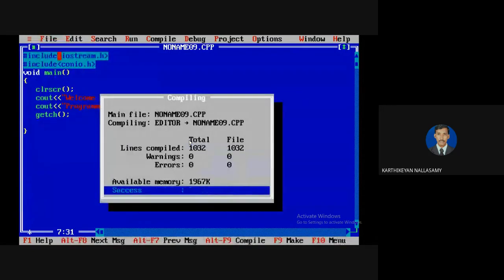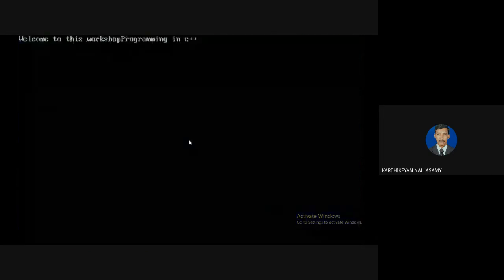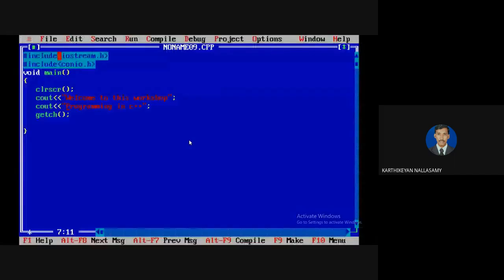Simply running the program shows everything on a single line, but I expect programming in C++ to be displayed on the next line, so I can use slash n before that.